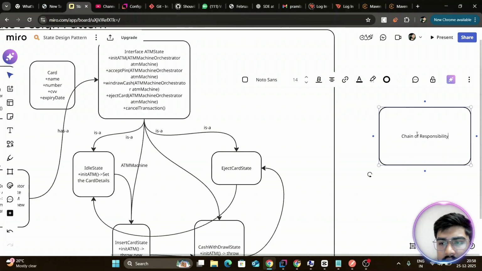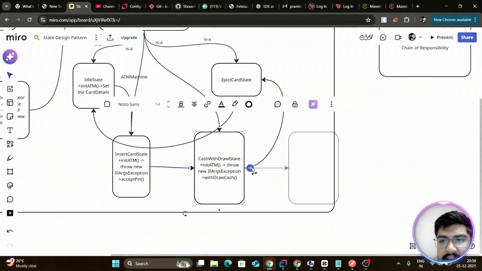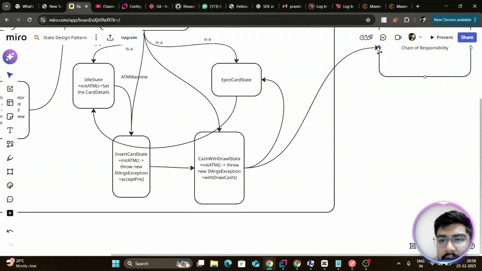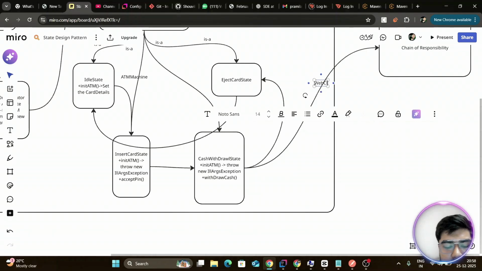This is completely a different microservice. So from the cash withdrawal state, we will build a web client, or you can say a REST template. REST template usage is going to be suspended because it is going into the maintenance phase. In Spring, everyone is going to push us to use the web client. So here we have built our remote web client, where we will call our